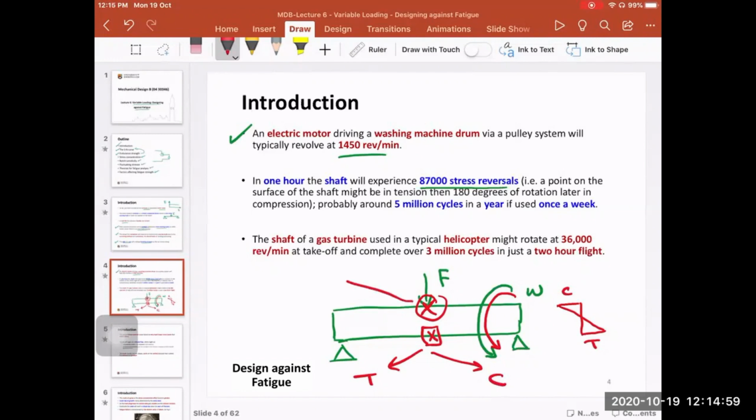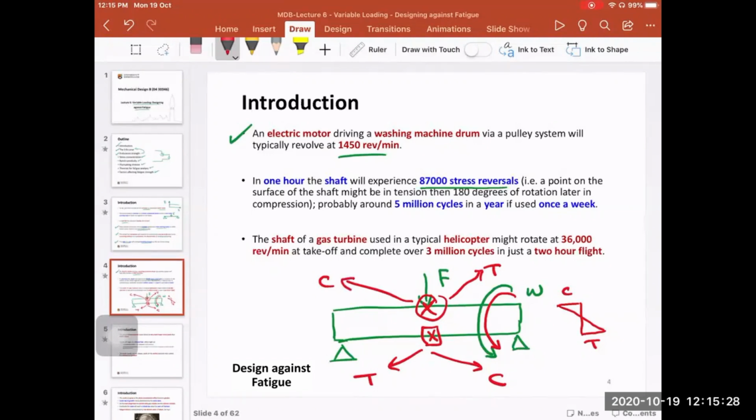And the same applies here. It was at the beginning under compression, and then after 180 degrees, this same point is under tension. So this means that in stress reversal, if you pick a point on the surface of the shaft, the stress on this point varies between tension and compression with this same number